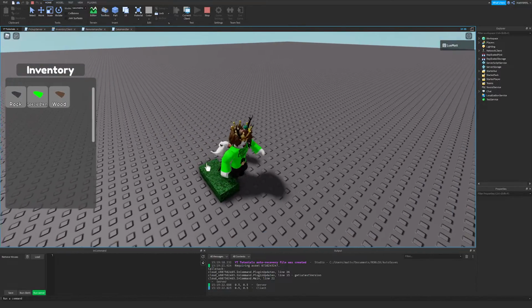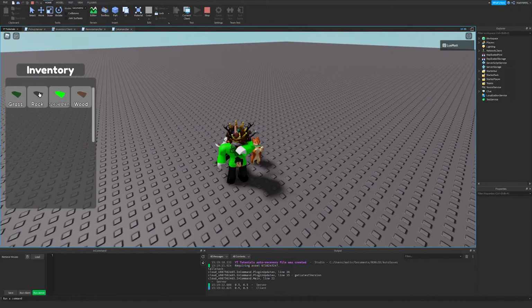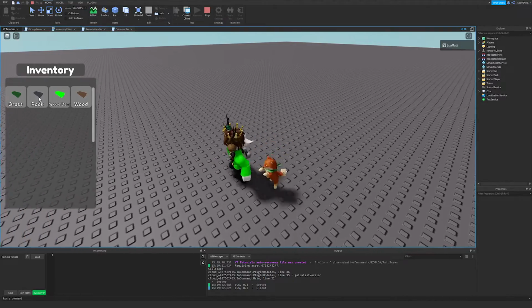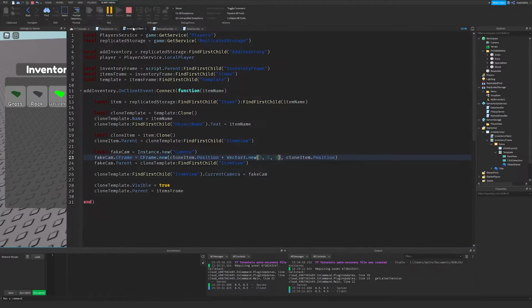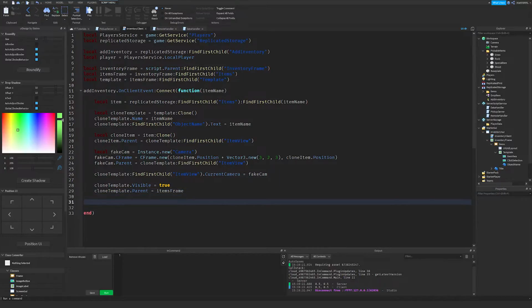Yeah, that's better. So as you can see, it looks cool now, but if we try and click, it doesn't work. So let's code the drop item. Clone template, find first child, click detection, the mouse button 1 click connect function, and then we'll do replicated storage find first child. Actually, we could do